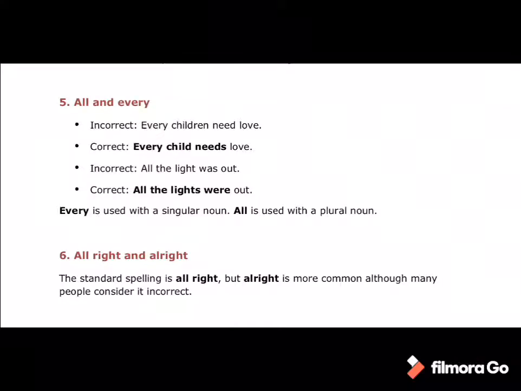Grammar mistakes that English learners make. In the earlier parts, part 1 and part 2, I explained a few words, and in this part I'm going to explain the difference between all and every. We use both all and every to refer to the total number of something. All refers to the complete group, whereas every refers to each member of the complete group.